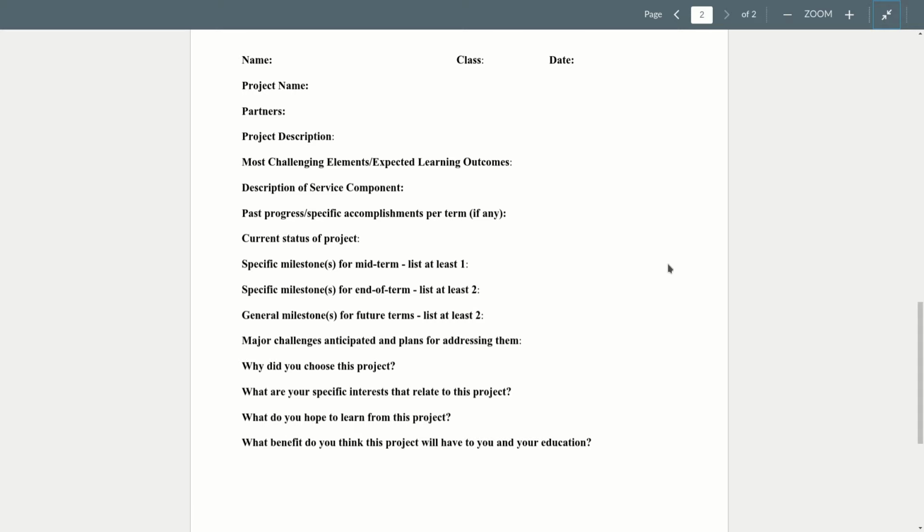Typically, people are starting from scratch in this first quarter, but it's possible that you've got a project you've already been doing some work on that you'd like to turn into an SLP. If that's the case, tell me what you've done on it so far and what the current status of the project is. And when you do this in winter, if you're continuing the project from fall, you'll have past progress to talk about for those next 2 items.